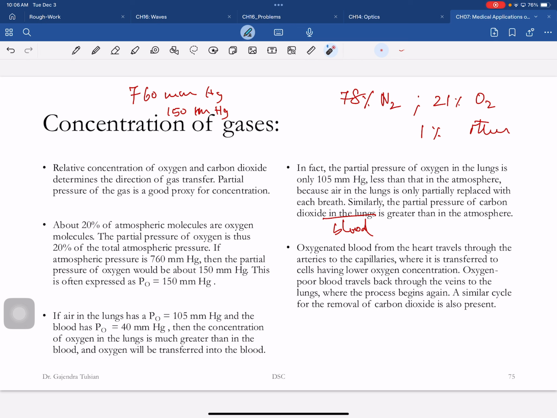That ends this chapter, and like I said, I am